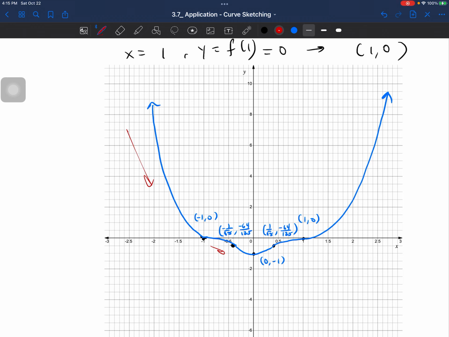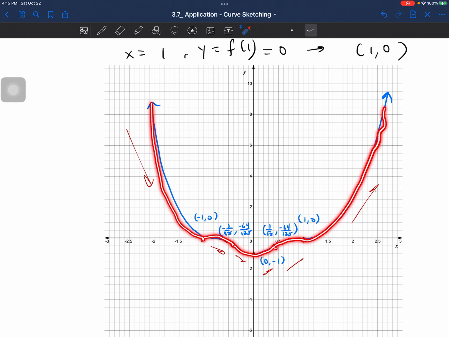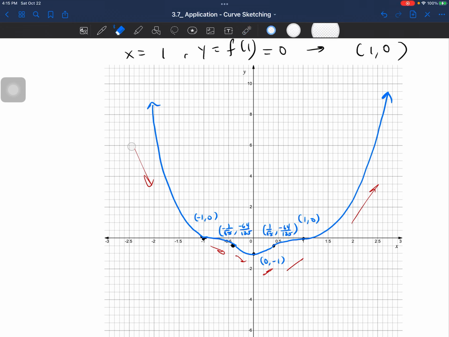All right, so the idea here is that we are following what we're given, right? We know that it was decreasing on this side, decreasing, and then increasing, increasing, right? But we also have to use the concavity: concave up right here, followed by a concave down, followed by a concave up, followed by a concave down, followed by a concave up, right? So a very interesting process, right? We are getting all the information and using all the information to help us